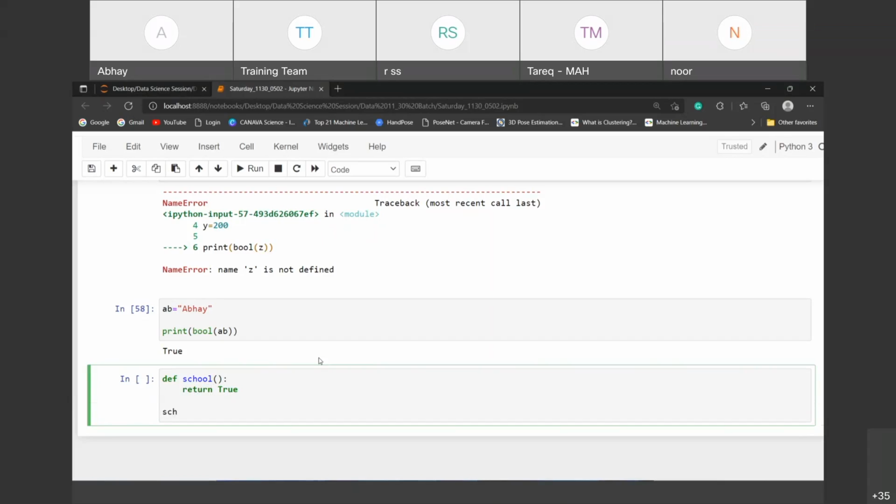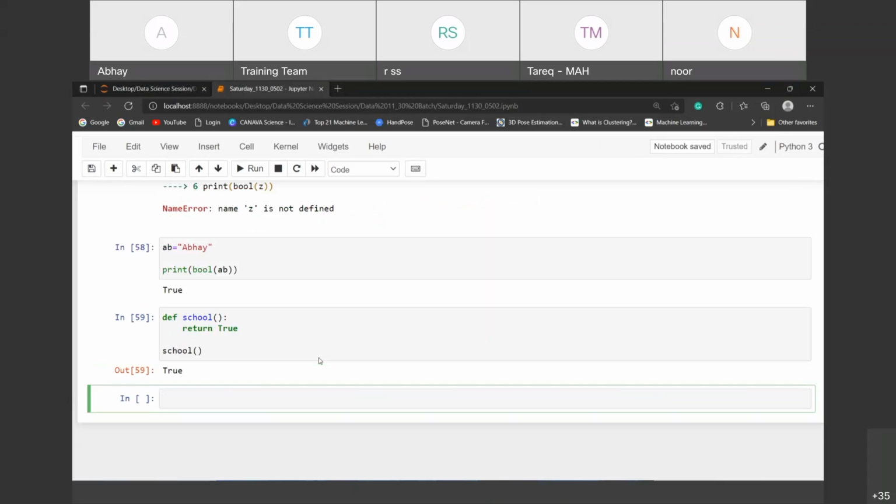I'm just calling that school. So the way this school will be useful is true. See, I'm not using any kind of return. School is important for that particular program.